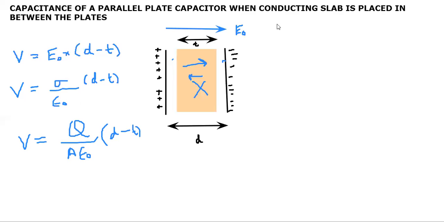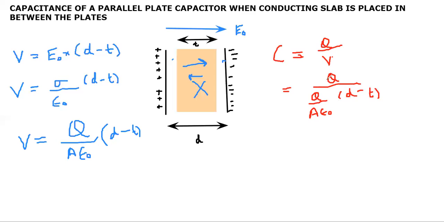Now, why are we doing this? We are doing this to find capacitance. The basic formula of capacitance is Q by V. So put the value of V over here. So what you get? You get Q upon Q by A epsilon naught into D minus T. No problem here. This Q and this Q cancel out each other. This A epsilon naught comes in the numerator. So what you get? You get A epsilon naught upon